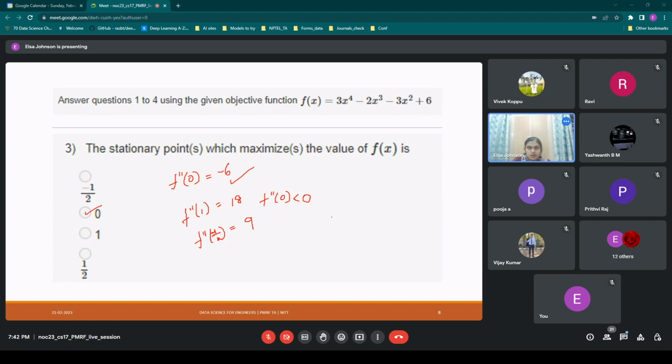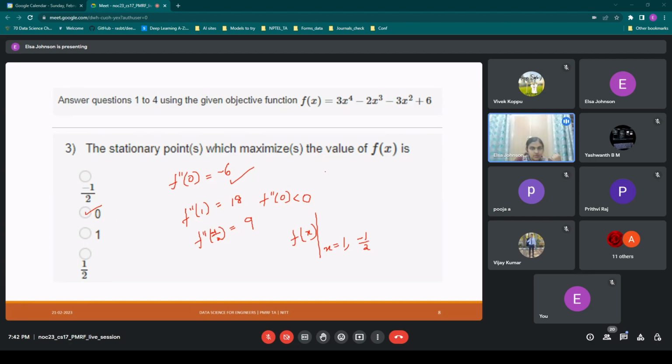So this is for the minimization case. For the minimization case, two cases are coming. So in that case, you have to substitute these two values in f of x, at x equal to 1 as well as minus 1 by 2 you have to find, and then you have to see which is the